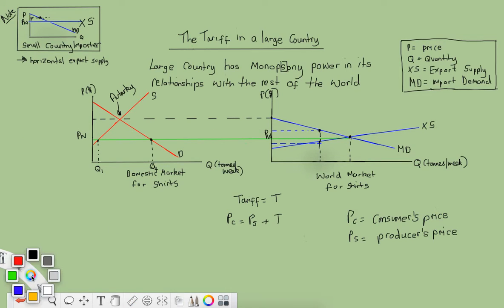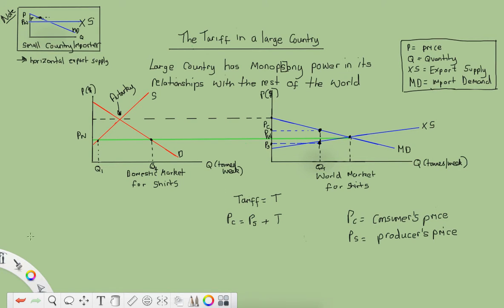And if we just stick with the world market right now, what we've got going on here is we have a vertical distance between export supply and import demand, such that the tariff is paid. We have some welfare loss triangles, and then we have this rather interesting area. Let's call this PC, the price the consumer pays, and then this is PS, the price the supplier receives. And the first thing to say is that if this is the size of the tariff and this is the new lower level of imports and exports, so this is the amount of trade, let's call this Q, the amount traded with the tariff,